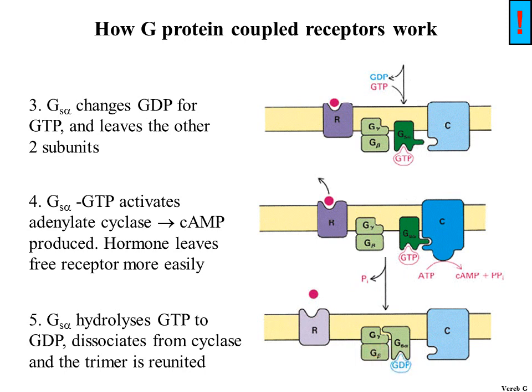The same thing happens to this G stimulatory alpha, but it doesn't need a GTPase activator protein. It actually very easily does it after a short time by itself. So it has a GTPase enzyme activity. It's like a self-timer. It gets activated, binds GTP, and then after some time it cleaves GTP, becomes inactive, leaves adenylate cyclase or any other effector molecule that it may be working on alone, and rejoins the beta and gamma